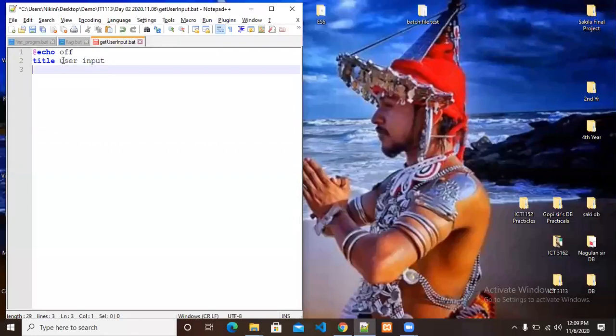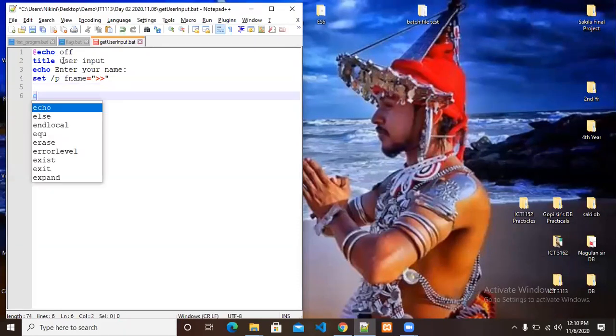Color is not necessary. Now I am going to show the user the command line, which means now you have to enter your name. Okay, so just a label: put "enter your name". Here, set /p first name equal, in this quotation put anything, then echo hi, using this variable.